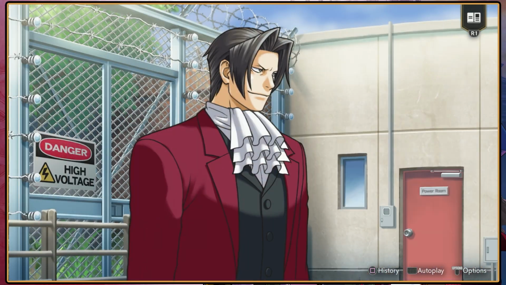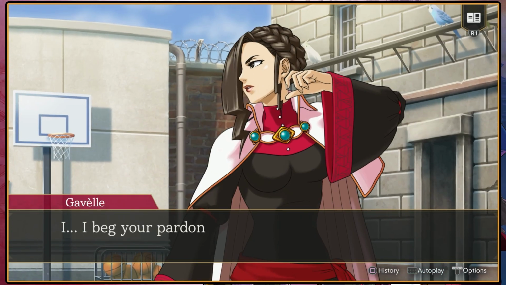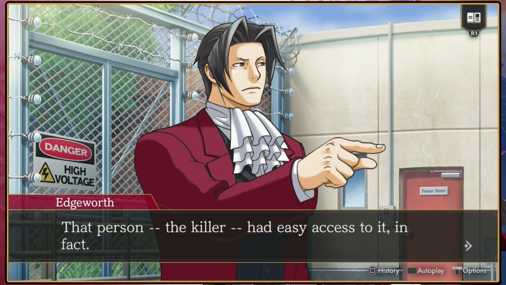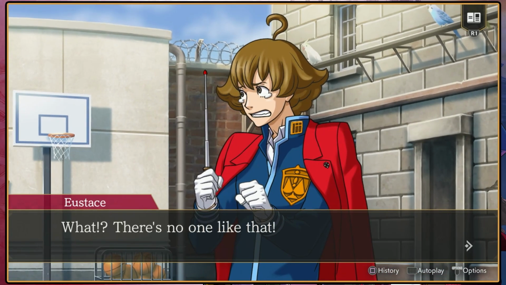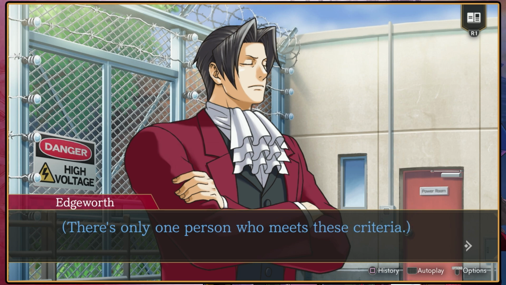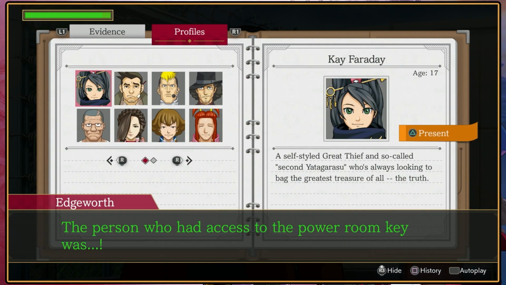Objection! No, but one person could have. I beg your pardon? That person, the killer, had easy access to it, in fact. And what's more, their position here is such that nobody would dare question them. Objection! What? There's no one like that! And the breaker to the electric fence is in there! They would be questioned in an instant! There's only one person who meets these criteria. I can hardly believe it myself, but I have to follow where the logic leads. The person who had access to the power room key was...